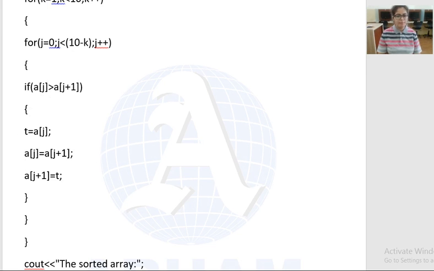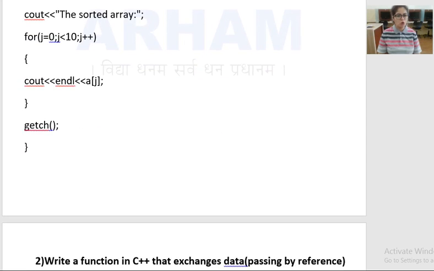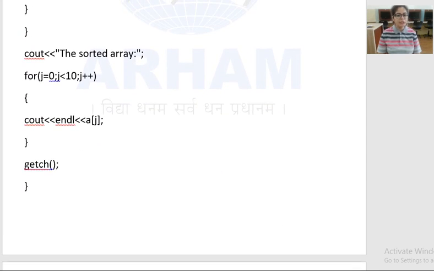Now, after applying the condition of the bubble sort, we have to print the result. If we have to print the result, we have to apply a for loop for that. If you want to print a message with cout on the output screen, such as that the sorted array is this, whatever message you want to print, you can write here.